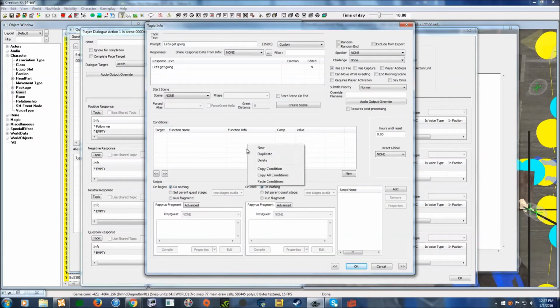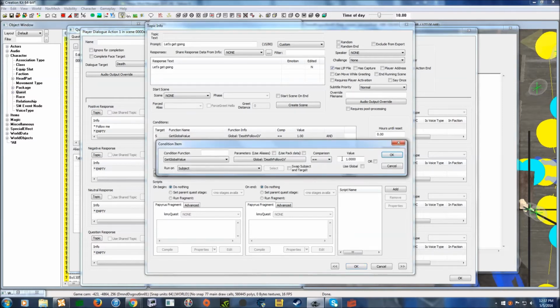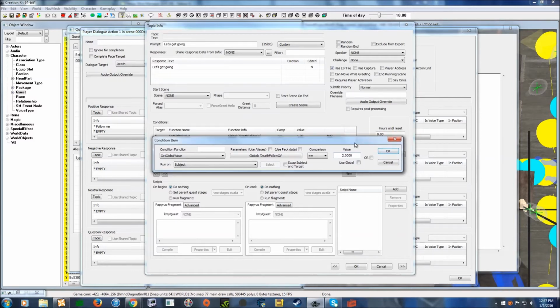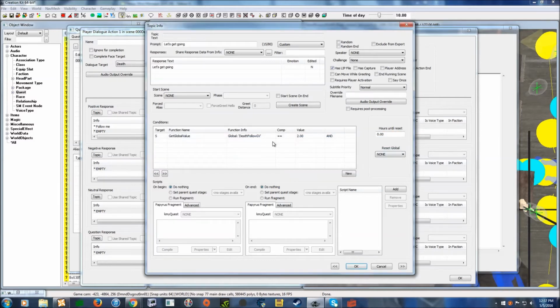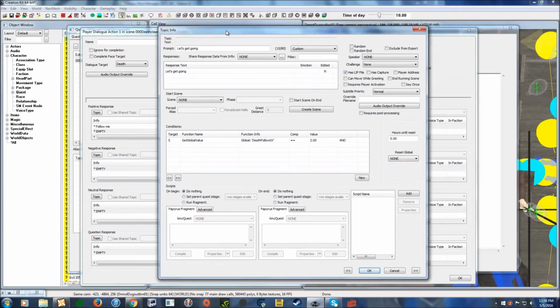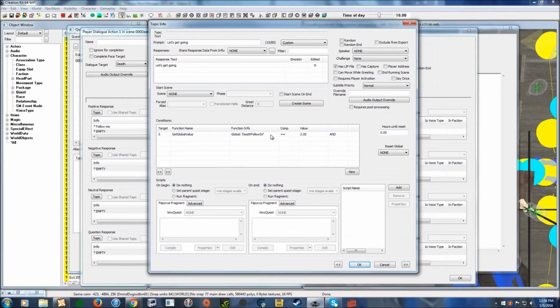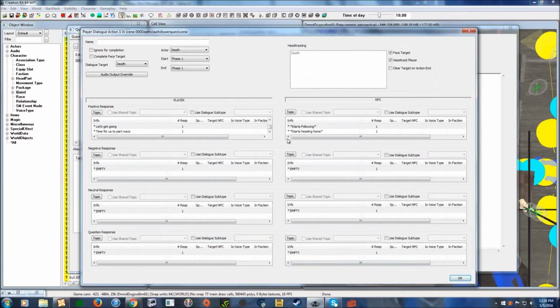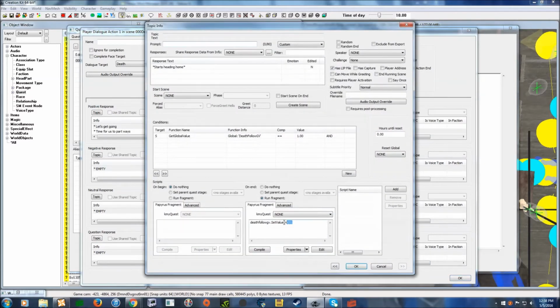And for conditions, we want to once again paste our get global value condition in again, and make sure that the value is 2, so this dialog option will only pop up if the NPC is currently waiting. So we're going to press OK again,